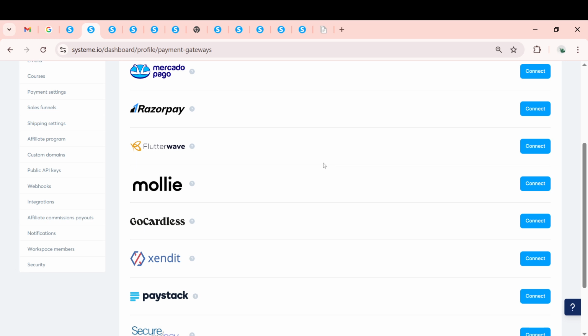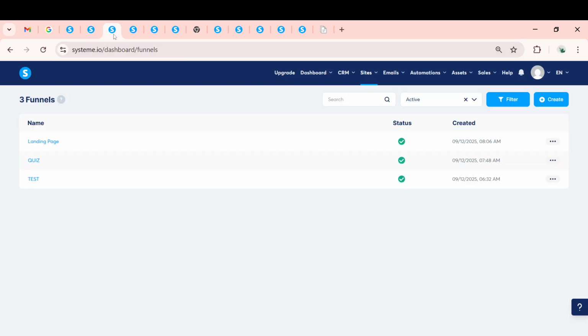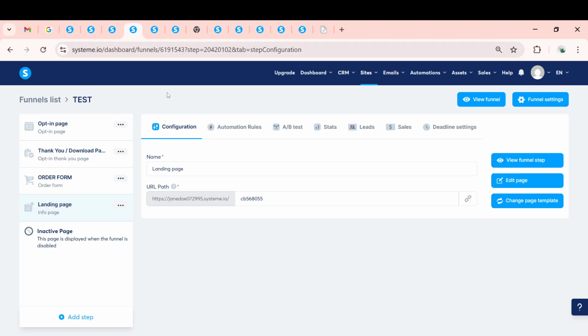Now let's move on to one of the core features of Systeme.io: funnels. Navigate to the Funnels tab, which is the hub for creating sales funnels. When you click Create, you'll be prompted to define a goal for your funnel, whether it's capturing leads, generating sales, or something else. Choosing a template is the next step, and Systeme.io offers a variety of templates that cater to